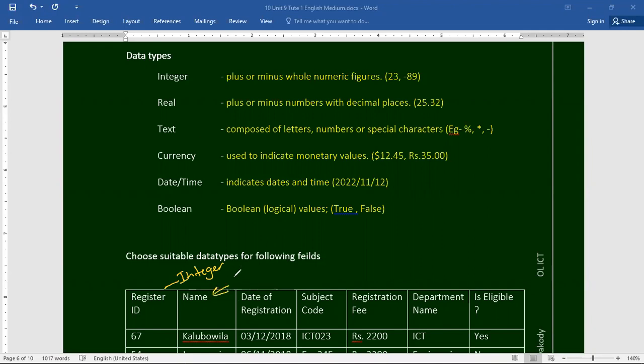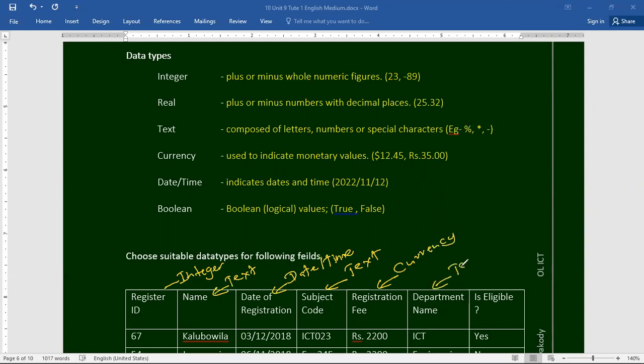For the name, we can use text data type. And for date of registration, we can use date time. Subject code, it is necessary to use text data again. And for the registration fee, currency.